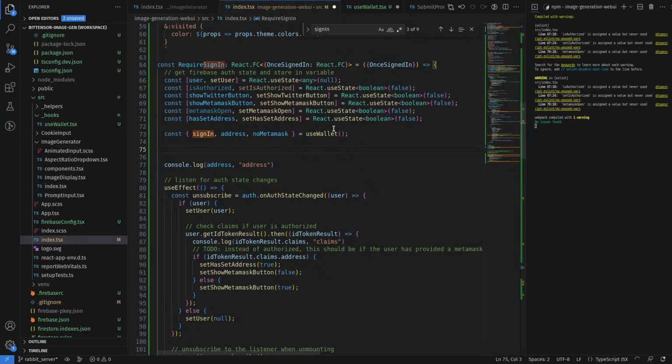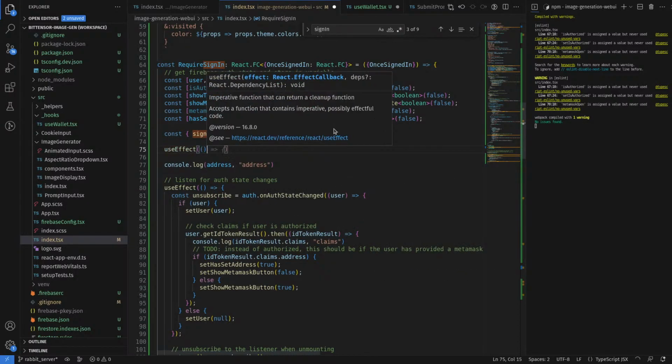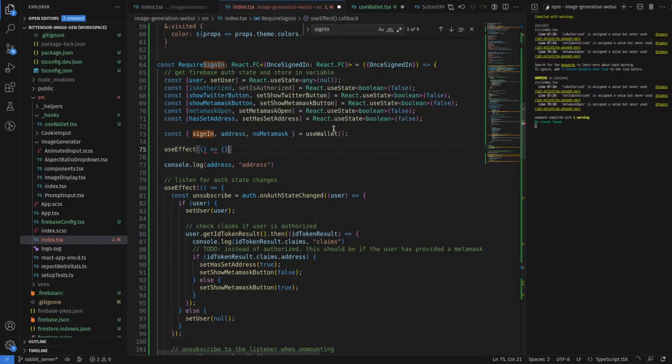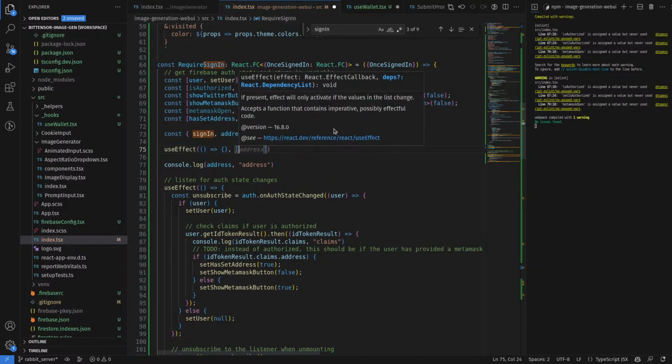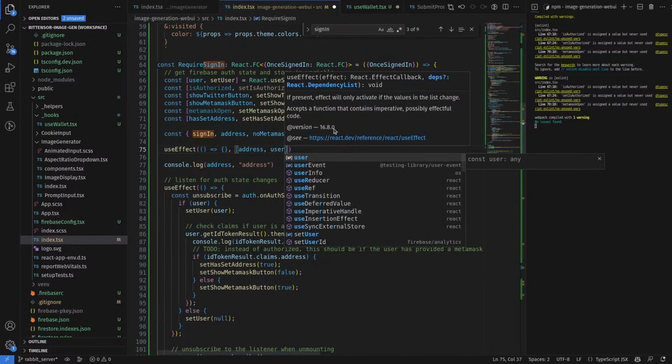So I need a useEffect here. When the address changes, we want the user to